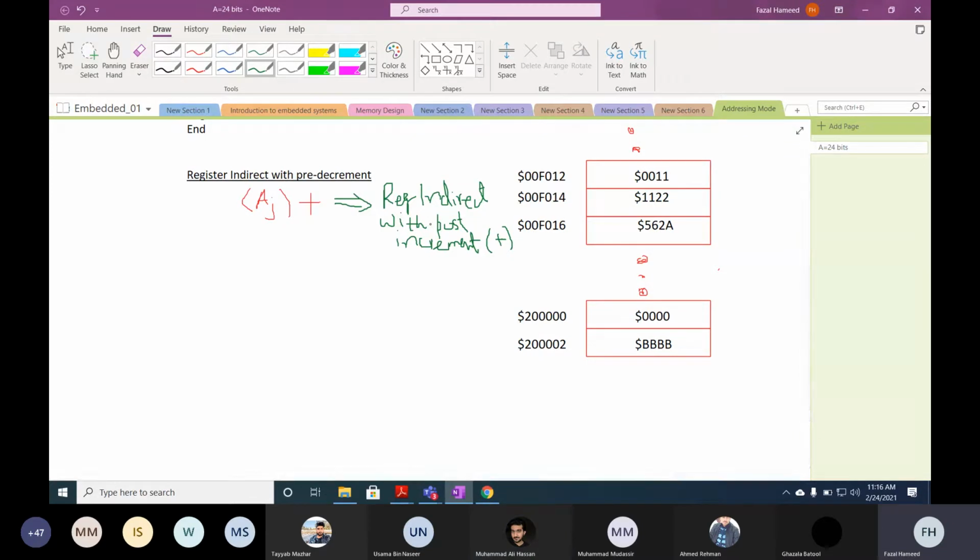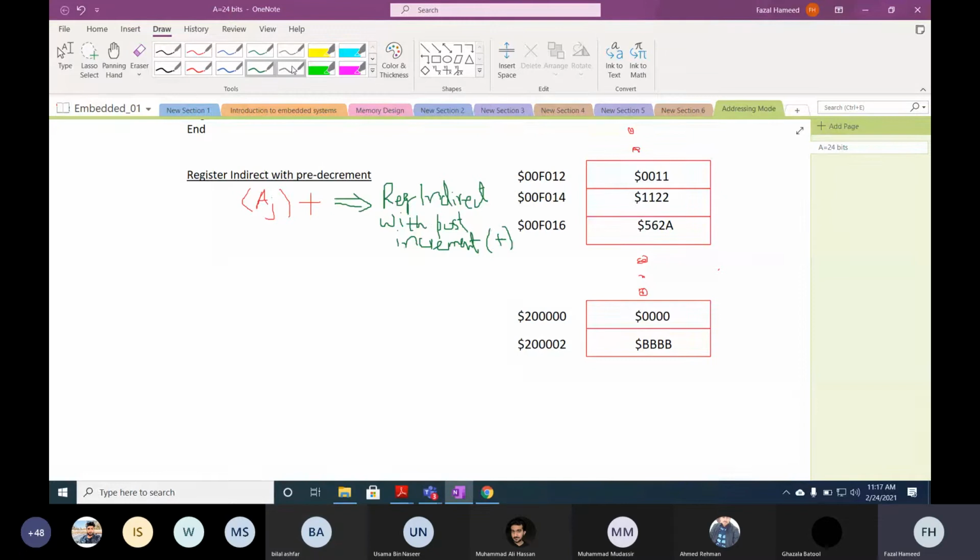But if we want to represent another addressing mode, which is register indirect with pre-decrement, how can we write it? The operator goes first. So which operator, plus or minus? It is decrement, so minus.